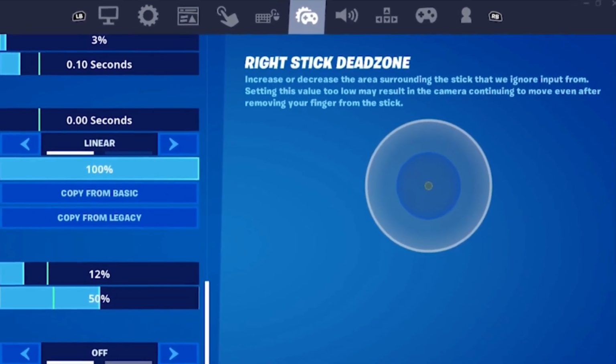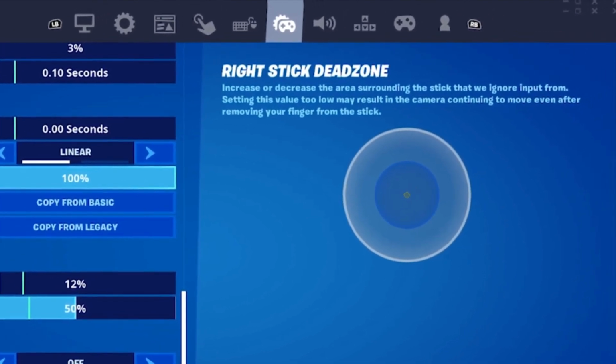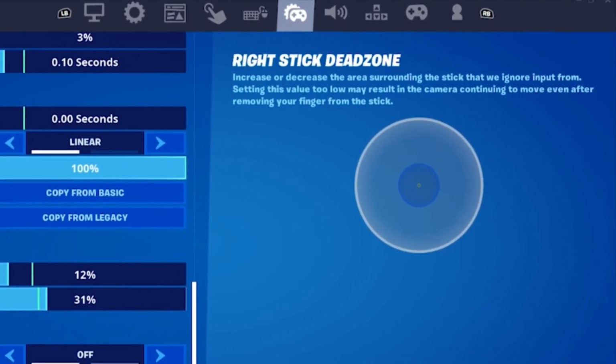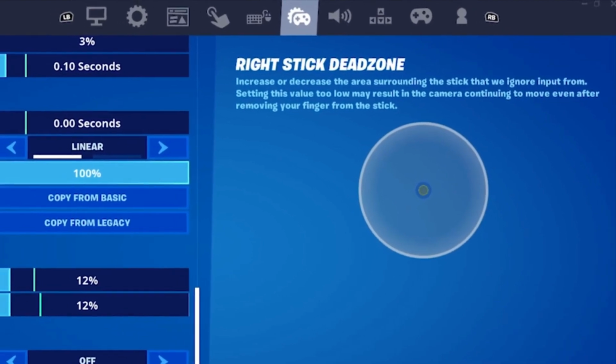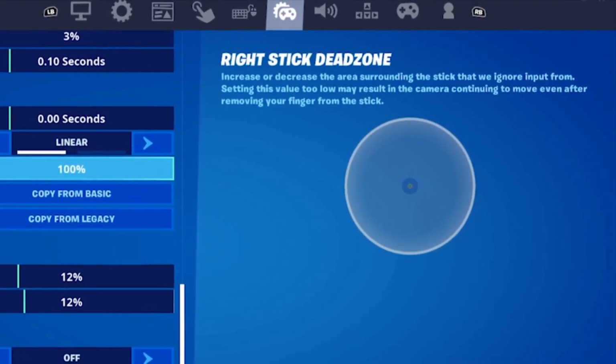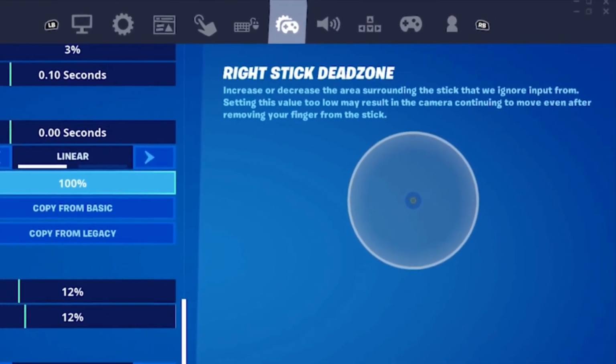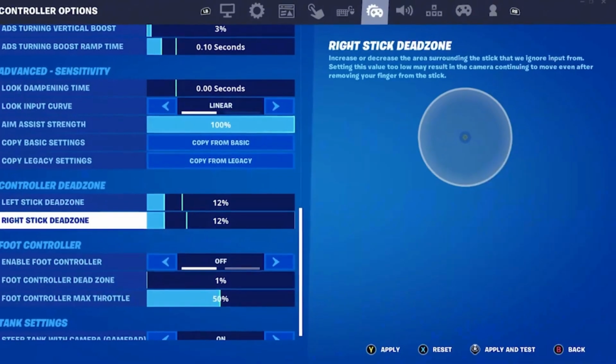So with a high dead zone like 50% over here, your thumbstick won't activate when you're moving it inside the blue circle. So this is why you want your dead zone to be as low as possible so you have the most basic response on your thumbstick. But you do want your dead zone to be big enough so the random movement on your thumbstick won't accidentally activate. So yeah, that pretty much covers